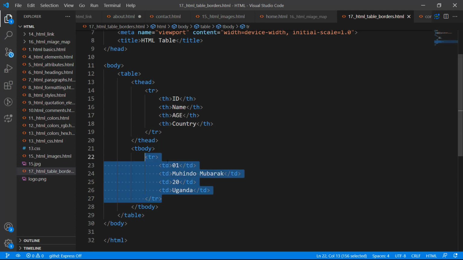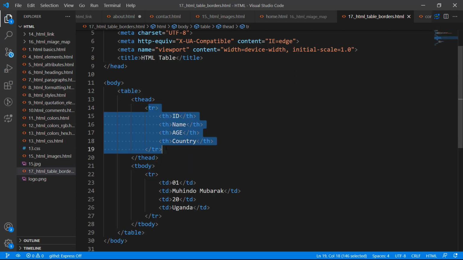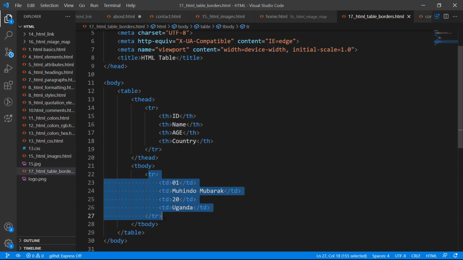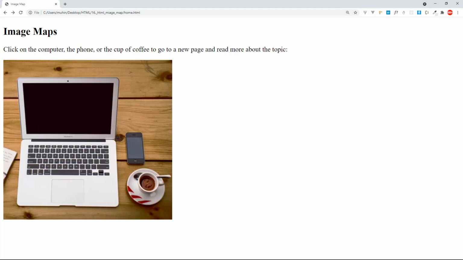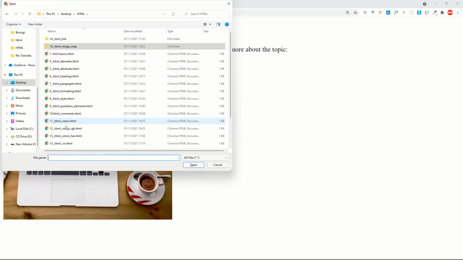So before we proceed, let us first see what I've created in the web browser. I hope we are still on the same page, right? I hope you're not lost so far. We first define the table columns, the table column titles, and then we start putting the data there. So let us go ahead and see what we've come up with. I'll come here to our browser, press Ctrl O, and then we move on top here and open